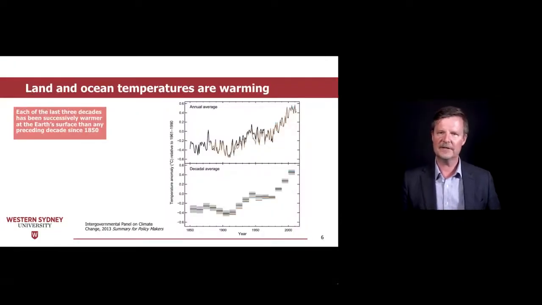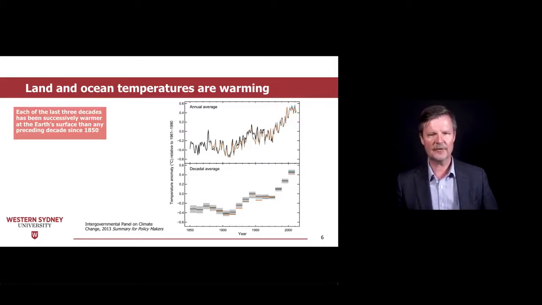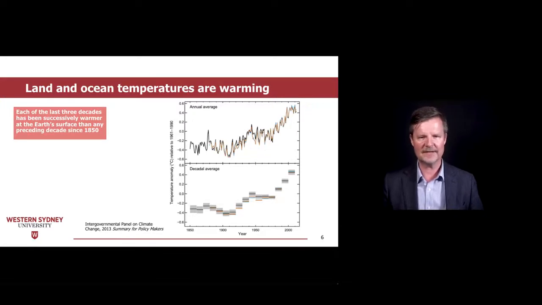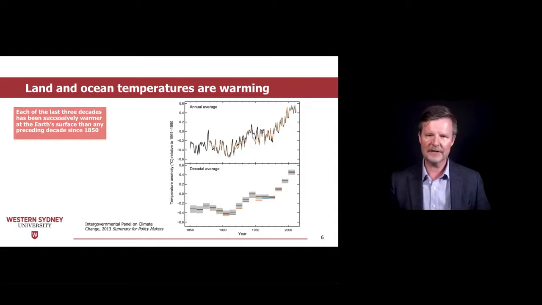Without doubt, the evidence is clear that over the past 3 decades, both land and ocean surface temperatures have risen. The data shown here represent globally averaged temperature increases compared to a 30-year reference baseline over the years 1960 to 1990. We can see natural year-to-year variation in temperature. However, the sharp upward trajectory in temperature is clear evidence of human-caused warming.